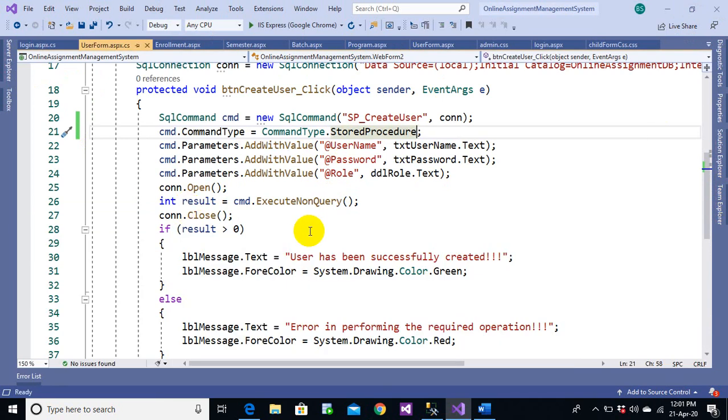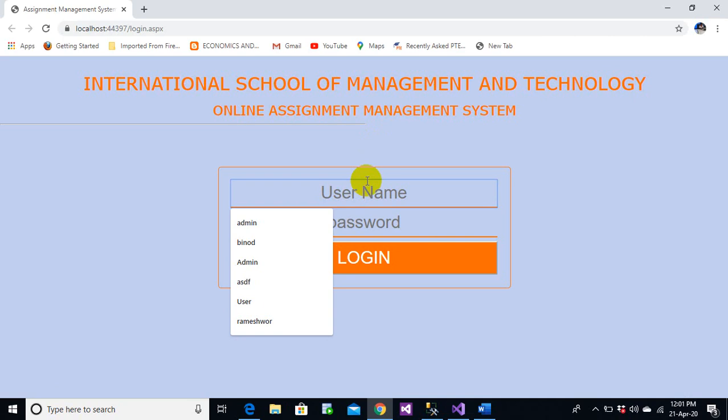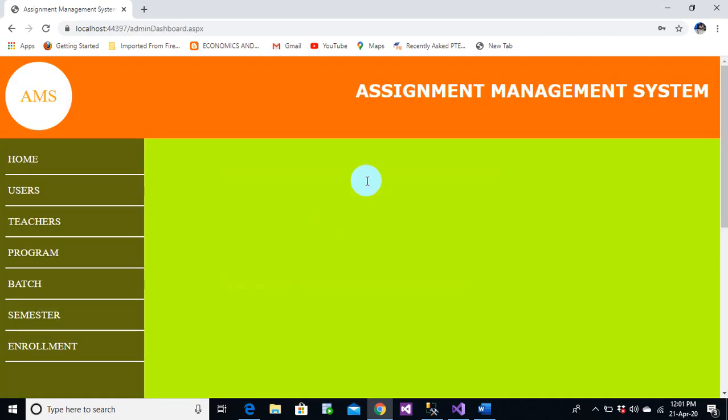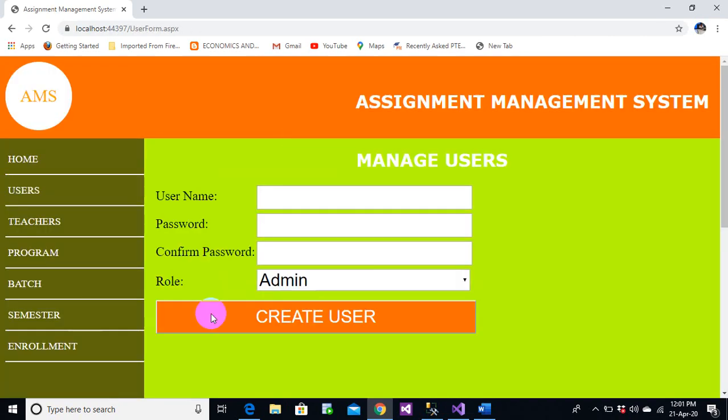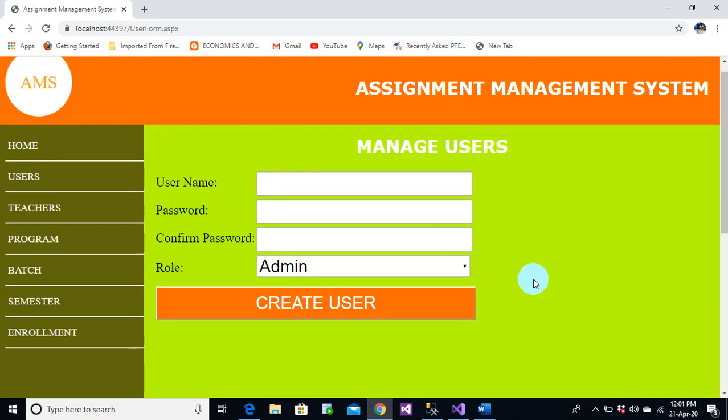So we just use the stored procedure, and now today also I want to show you some more things here. For example, if I run this again, and today we just want to do something more here. Let's say we only created users. Now we also want to, let's say, retrieve the users, or we want to display that user somewhere. Whether you want to display it over here on this page, or you might want to navigate to a different page. So we can do any of the ways.